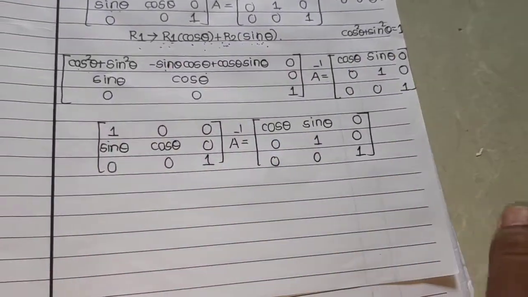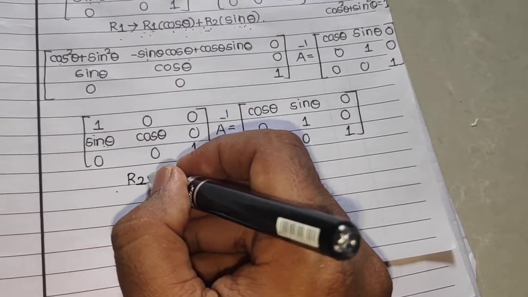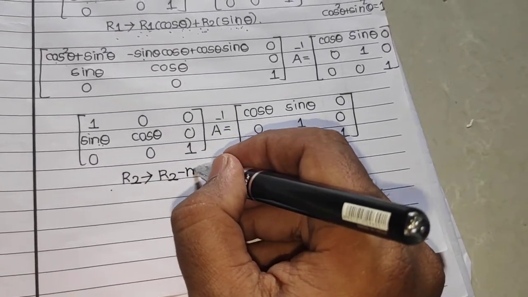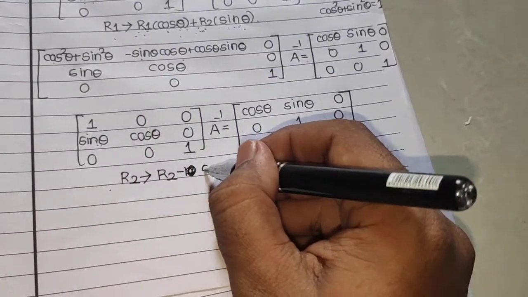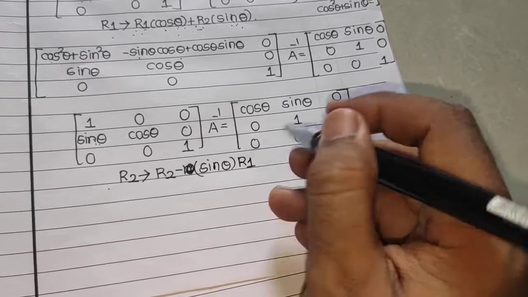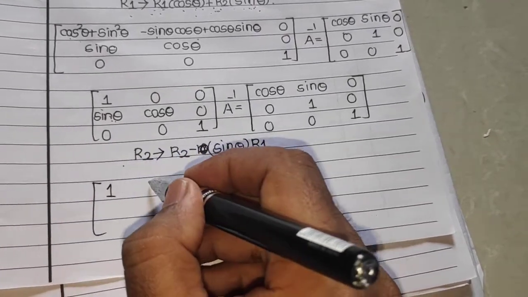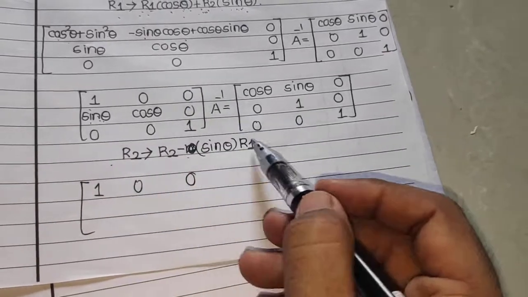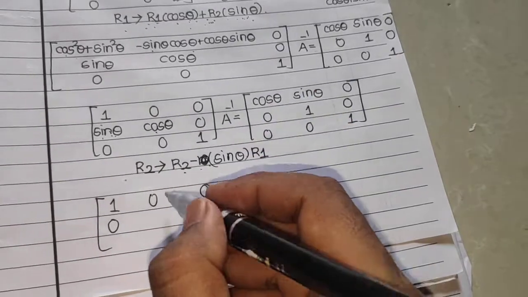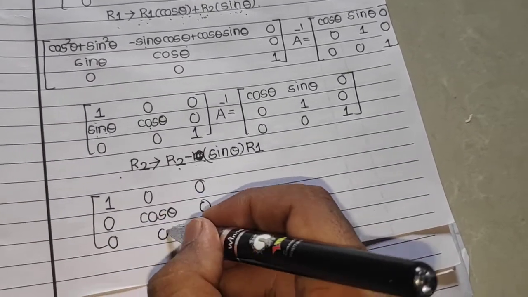अब आ चुका है अपना हमेशा वाला 1। अभी साइन थीटा को m की तरह ट्रीट करेंगे, तो क्या होगा अगला ऑपरेशन, R2 change to R2 माइनस m के तौर पर कौन है हमारे पास, साइन थीटा, तो साइन थीटा इंटू R1, so we'll get 1 0 0। अब साइन थीटा माइनस साइन थीटा इंटू 1, that will be 0, R2 cos theta minus sin theta into 0, that will be cos theta, ये 0 अपनी जगह पर है, 0 0 1